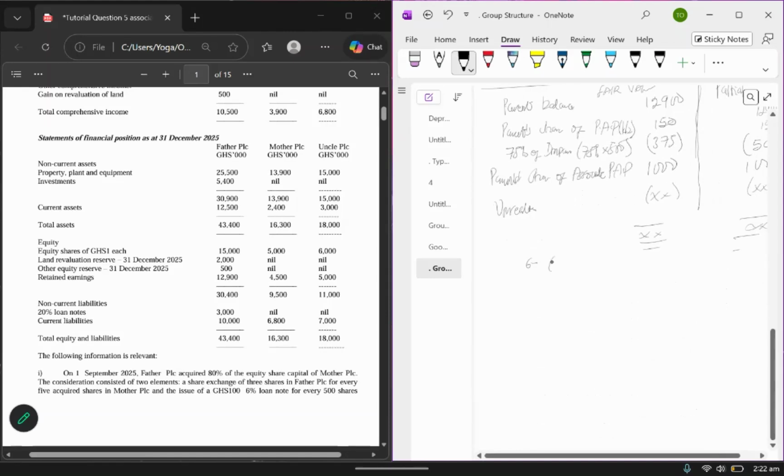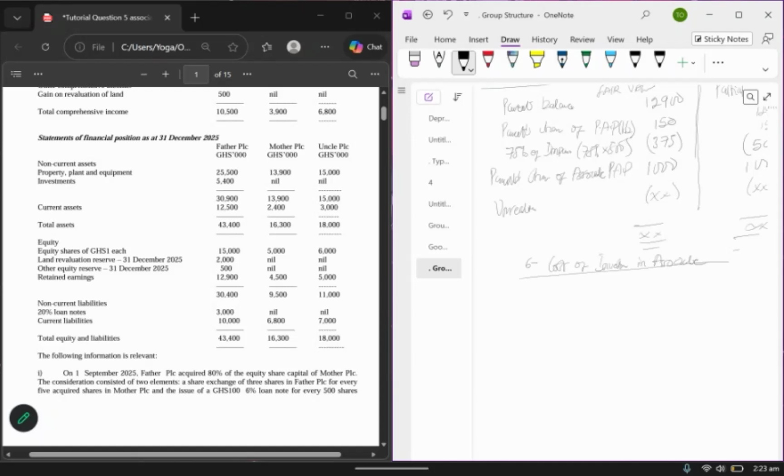Cost of investments in what? Associates. Okay. Because with associates, we do not have control, but we have significant influence. So we are going to use the equity method in accounting for it, according to IAS, investment in associates. So we are going to go by the equity accounting, and for that one, you just